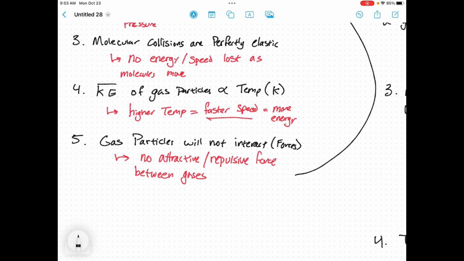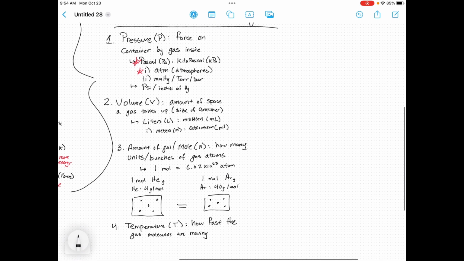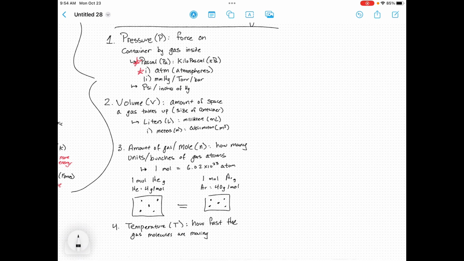Fourth, at higher temperatures, gases move faster, so they have more energy. Fifth, the gas molecules have no attractive or repulsive forces between each other. If all 5 are true, then we can look at these 4 things for a gas: the pressure of the gas, the volume of the gas,